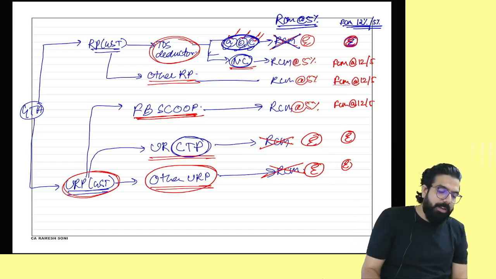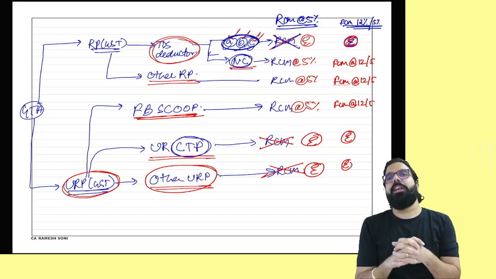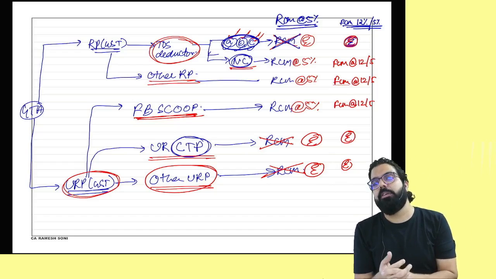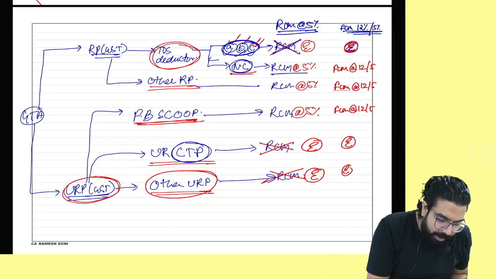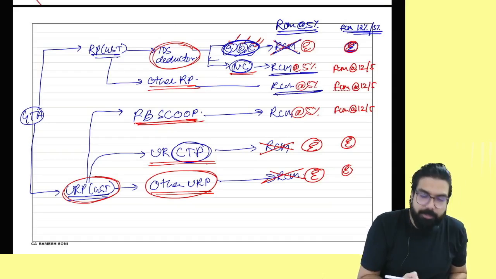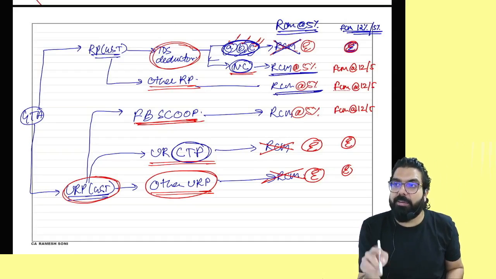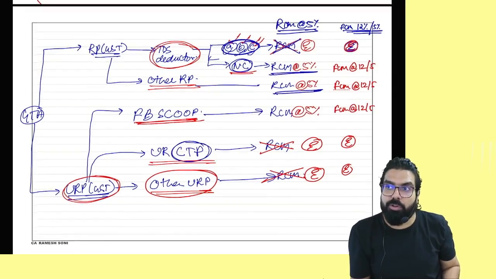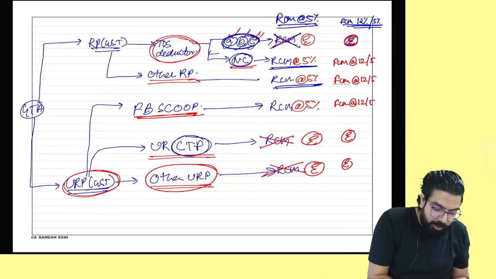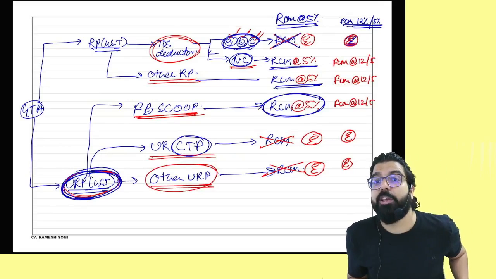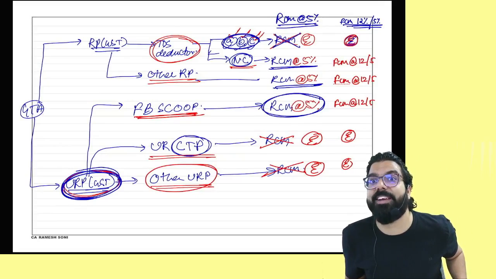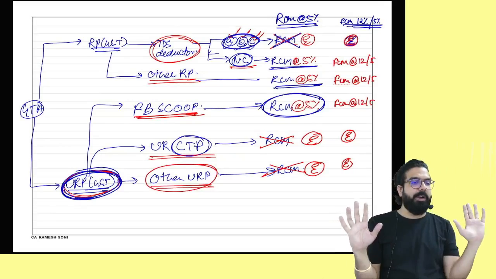Next. So people, tell me one thing. GTA is giving services to factory, registered person. Registered person. RCM is there anyways. Here, RCM. Can I go ahead, everyone? If it is giving to factory, which is unregistered, then also factory has now, you know what? Whenever you are unregistered person and you have to pay GST under RCM, you have to take compulsory registration and pay GST under RCM. Is my point clear to all?